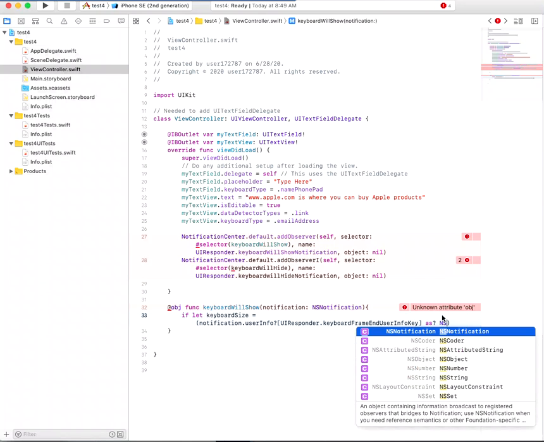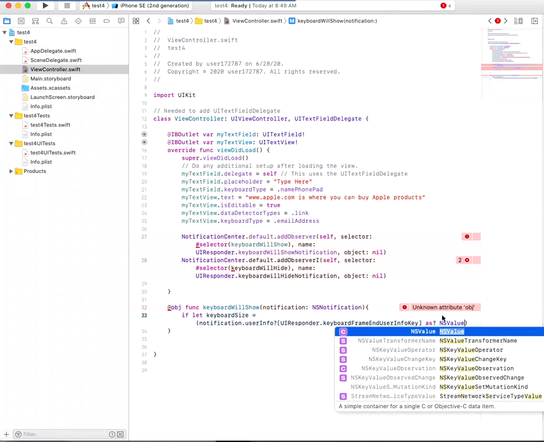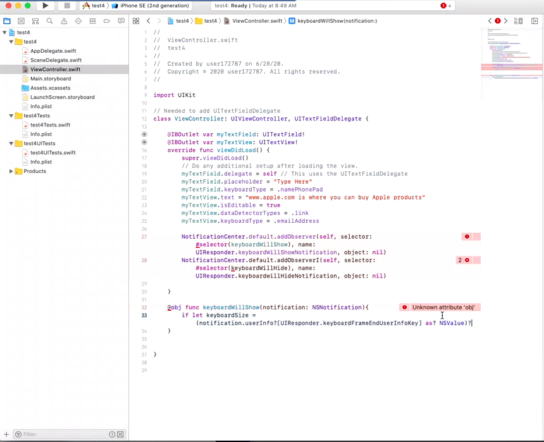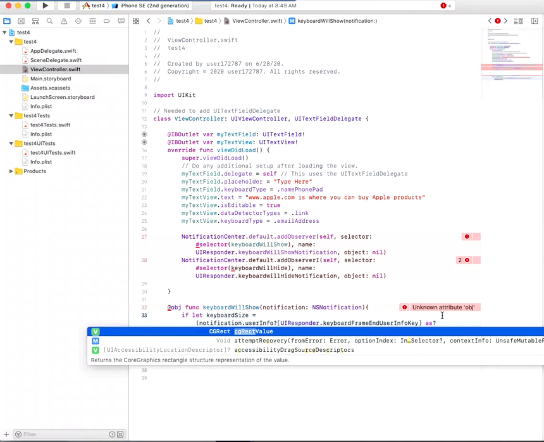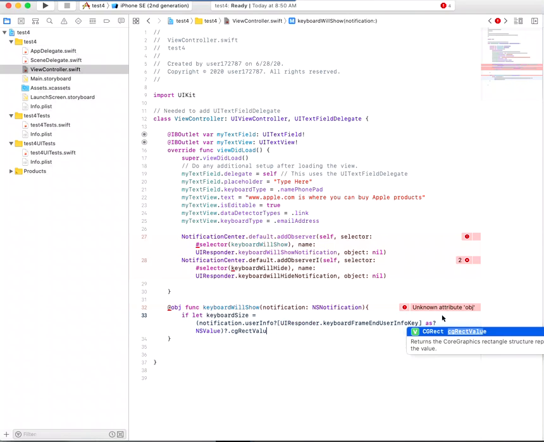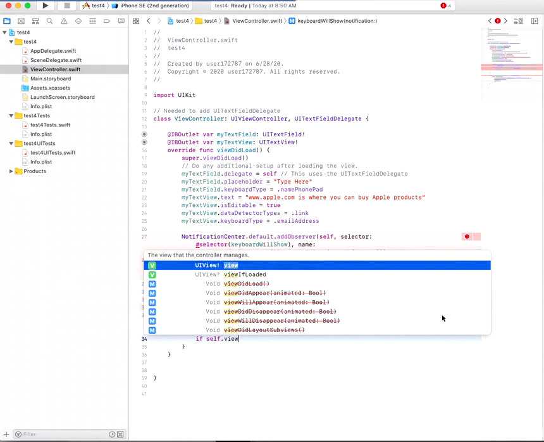NSValue closing parenthesis?.cgRectValue, and then I'll have an open curly bracket, and I can begin an if statement saying if